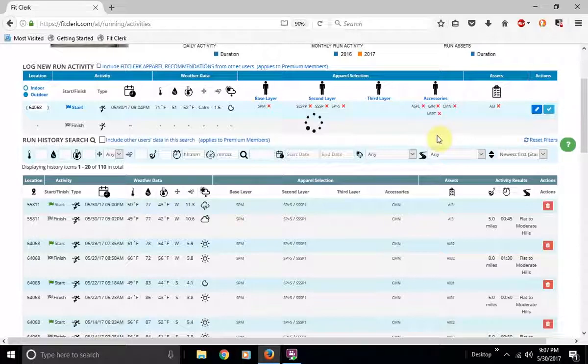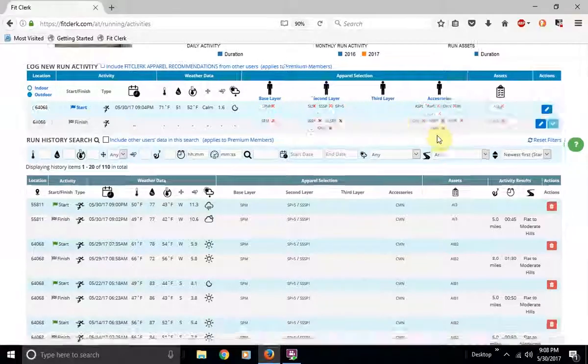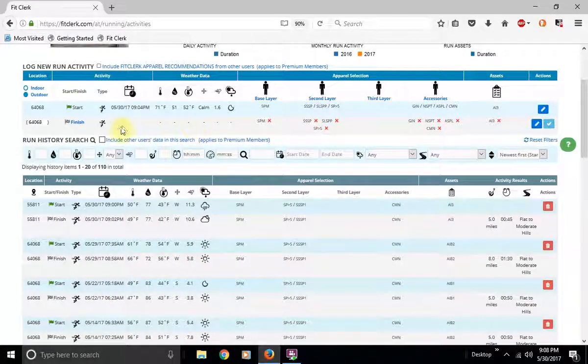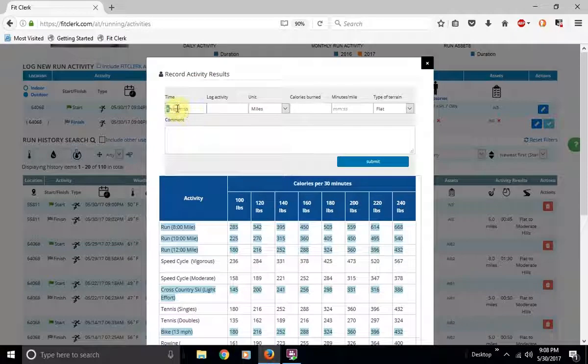Now ideally, when everything's populated, this should take you between 7 to 10 minutes. The nice thing is now you shouldn't have to waste as much time going through the finish mode. Basically you want to hit finish, pulls in your weather parameters, and then if you want to deselect any of these you can do so. So again, maybe you're overheating, you don't wear all these particular items, just go ahead and uncheck them and hit save. Go through the same procedure, log your time,